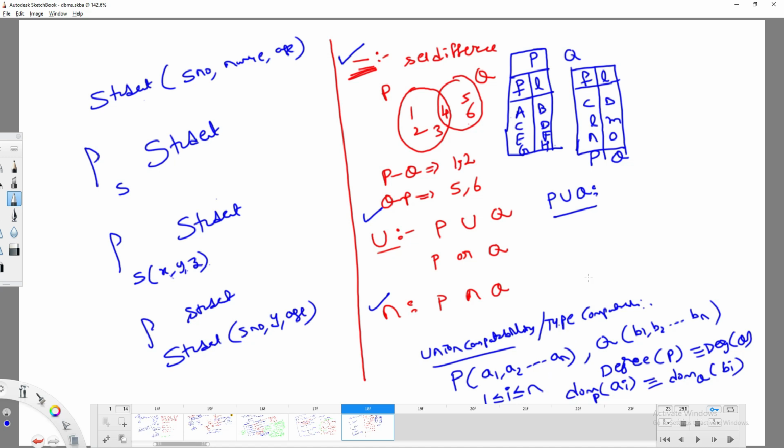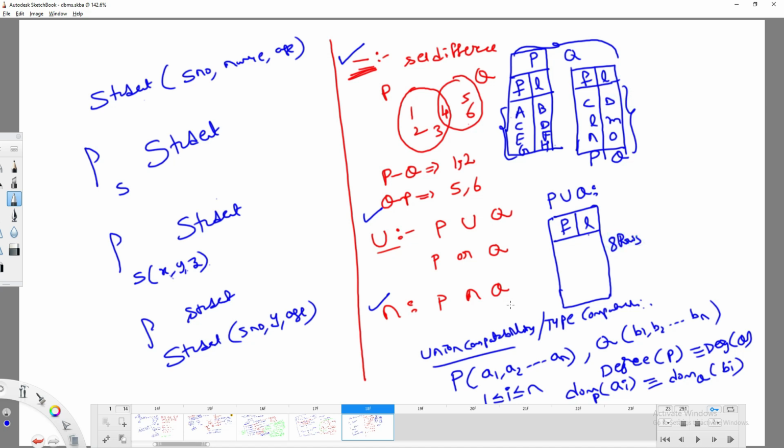If you observe here, these two are union compatible, so I can perform the union operation, right? What is the resultant table you are going to get? Again, you get first name and last name, with all the results. So here I think 4, here I think 4. Total 8 rows you are going to get.